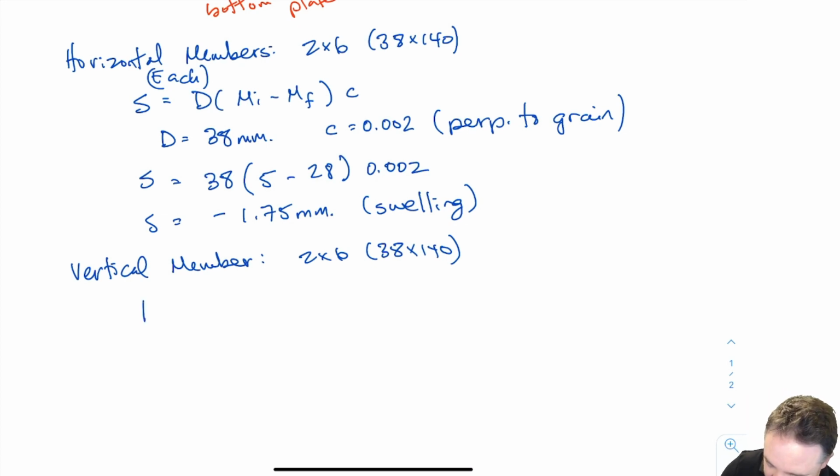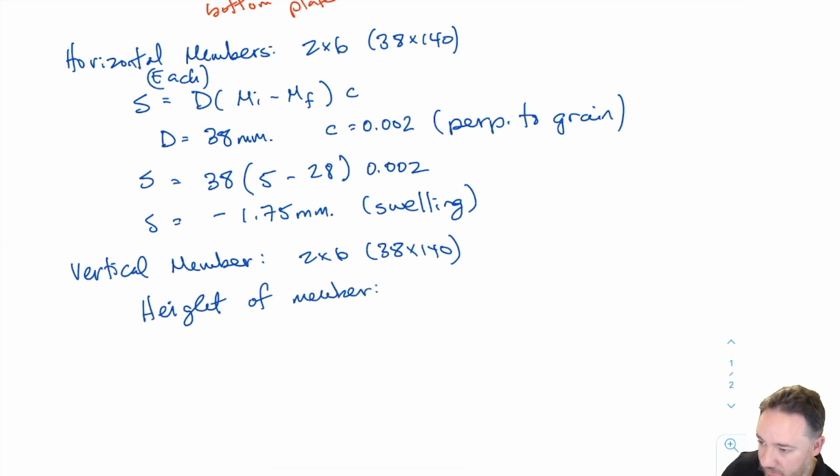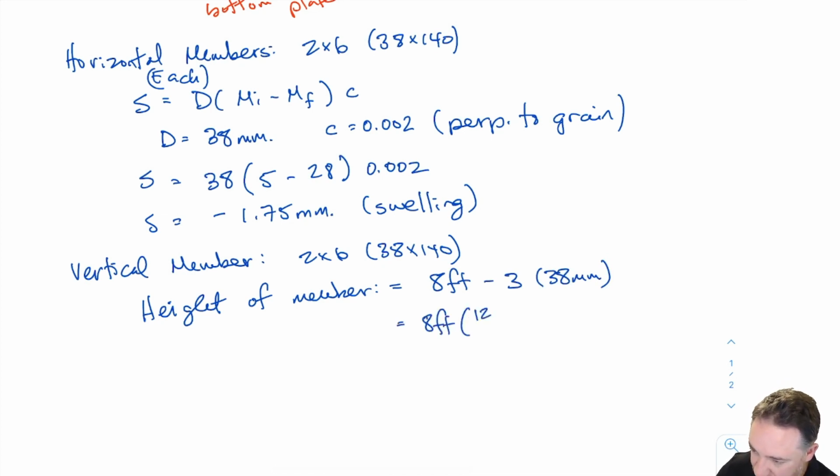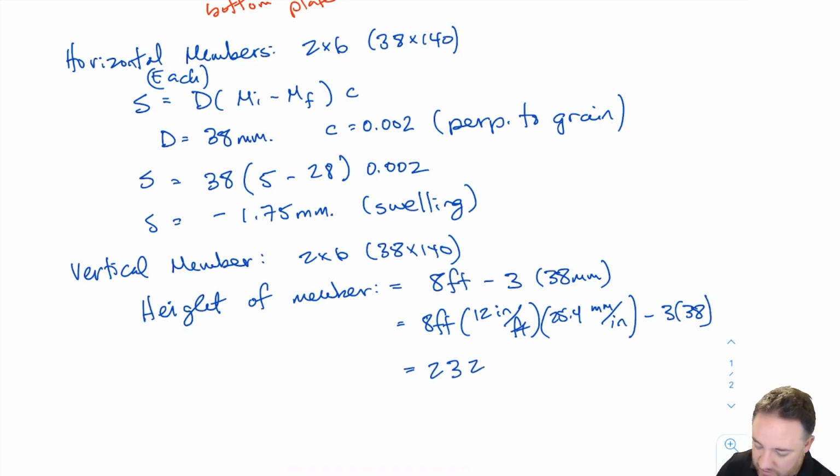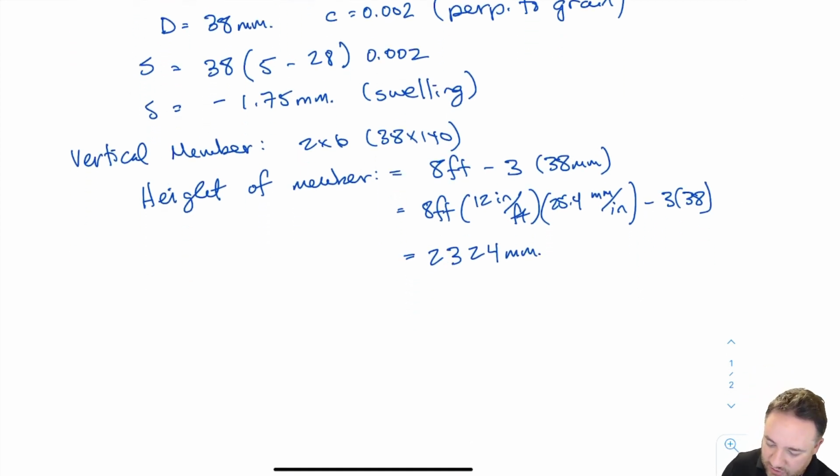So what's the height of this member? It's 8 feet, right? Minus 3 times 38 millimeters. So let's get all those into the same units. We have 8 feet times 12 inches per foot times 25.4 millimeters per inch, minus 3 times 38. Then if I calculate that all out, I get that the height is 2324 millimeters. Okay, so now that I know the height of the member, I can calculate the shrinkage